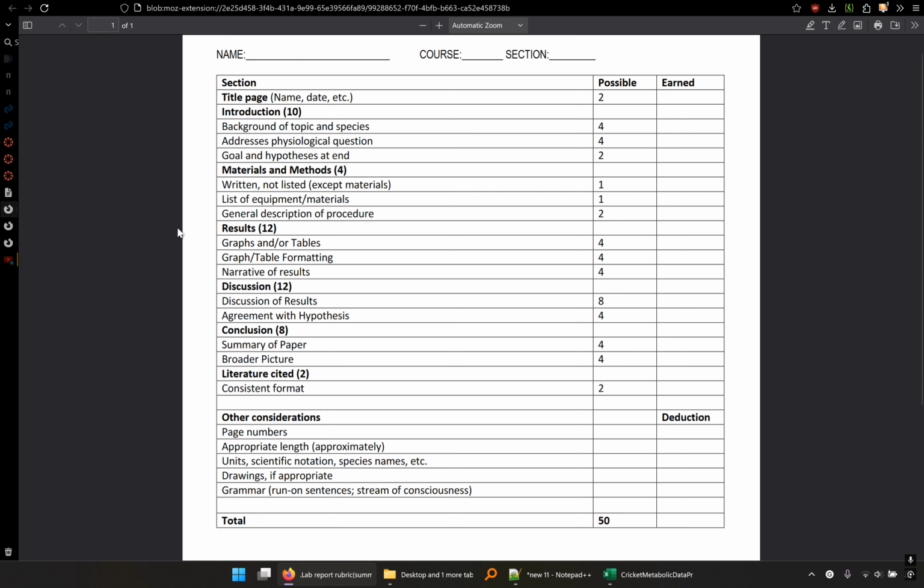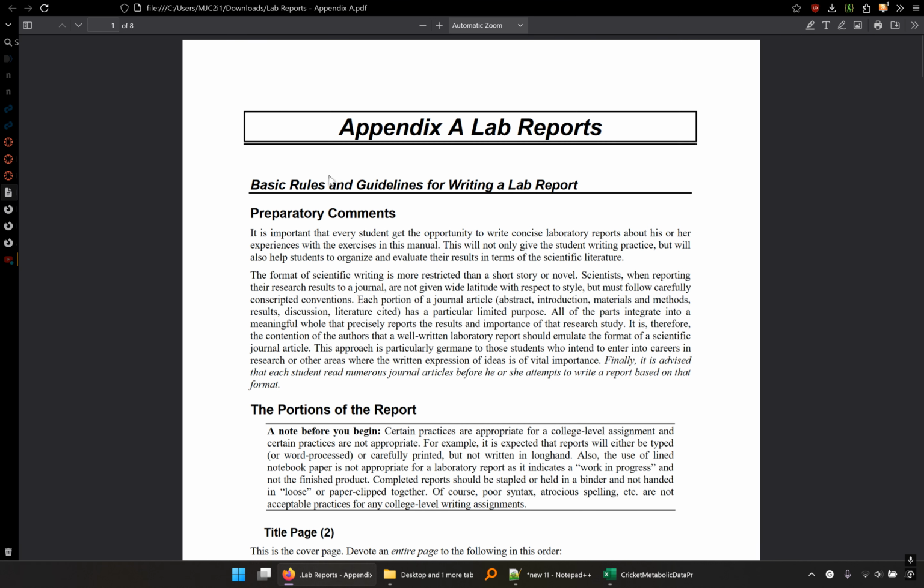So please pre-submit. You can pre-submit as many times as you want during that week beforehand, but up to that final point, I'm going to be starting to get swamped in those. So just know that I accept pre-submissions, and you should at least get one of these back before you do a final submission. So in order to do well on these lab reports, you should follow the appendix and you